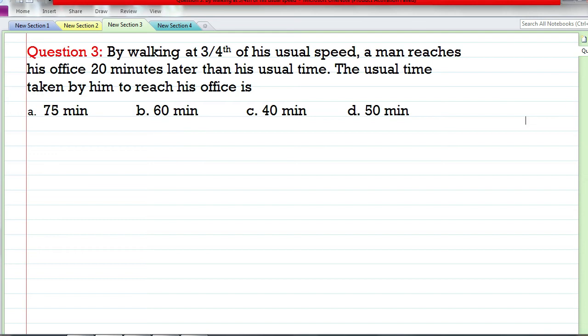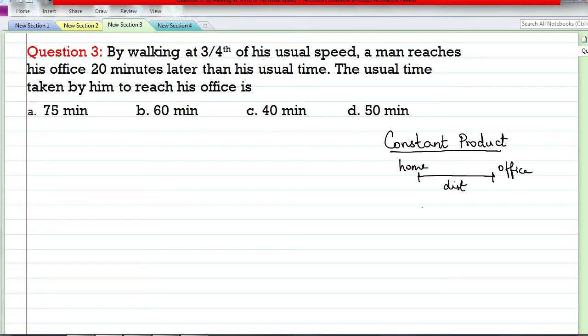So to solve this type of question, we use a concept called constant product. What is this constant product concept? Wherever you have three quantities, in such questions, see we have here time, speed and distance, three quantities, right? So like this, wherever you have three quantities, one quantity will be remaining constant. The other two quantities will vary. Say for example here, in this particular problem, a man is traveling from his home to office, and this is the distance he is traveling.